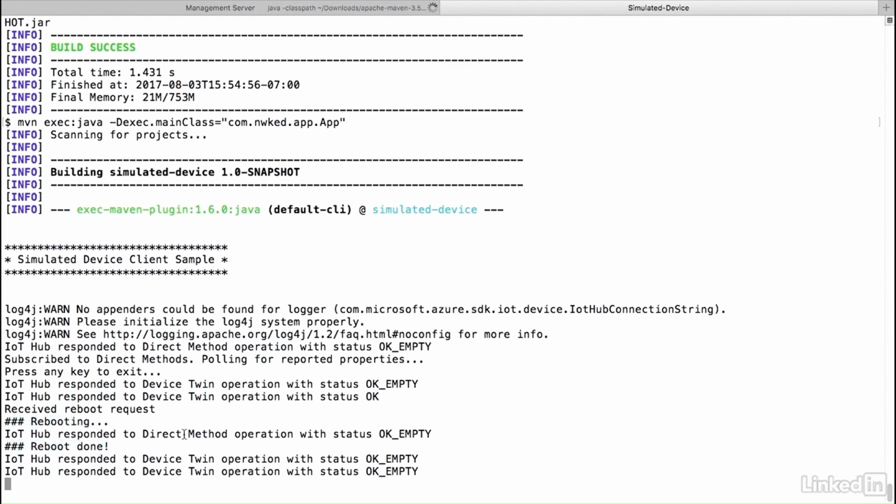You can extend this sample program to actually